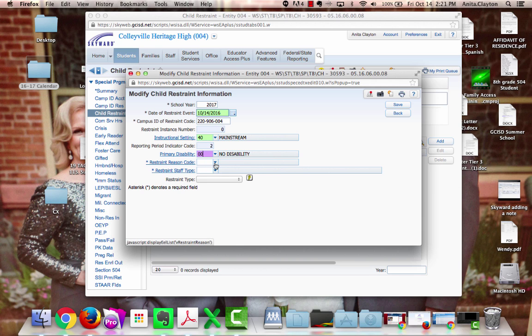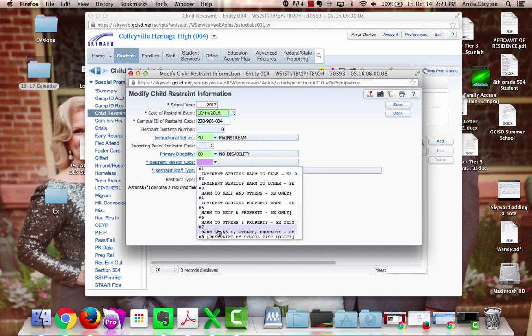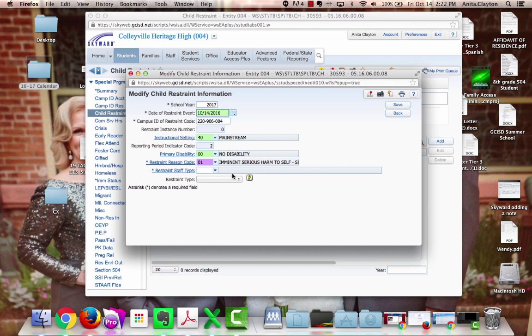Restraint reason code. Okay, we're going to have several of them here. Let's figure out which one we're using and why we restrain this student. Is it serious harm to self, serious harm to others, self and others, serious property destruction? Any of those would meet the need. Well, we're going to say this one is an O1, serious harm to self. Now we're going to talk about the restraint type